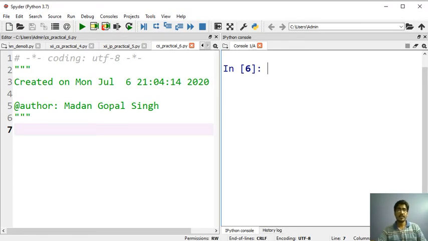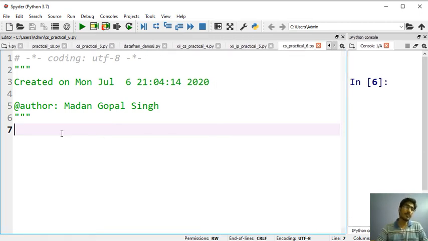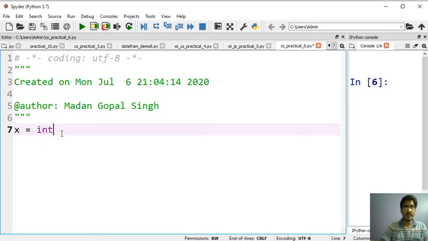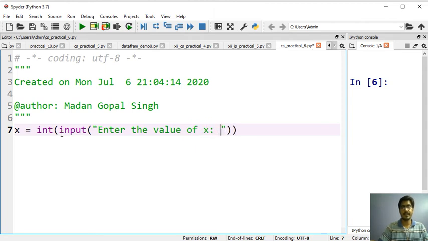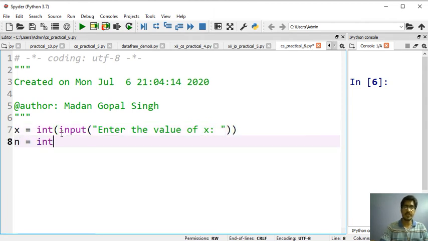Okay, so first what we will do, you can do the same program using while loop also. I have already explained how to use while loop in my previous video, so please go and watch there. So x equals to integer input, enter the value of x, and n equals to integer input, enter the value of n,